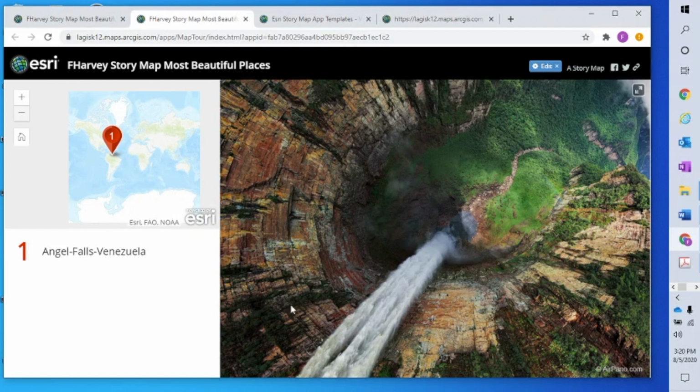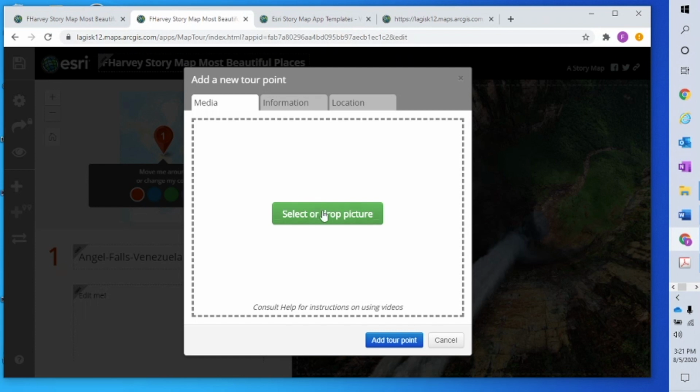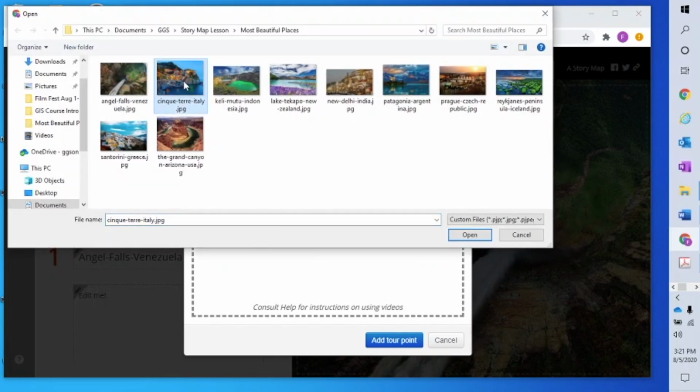So see how our story map is starting to look like a story map? And you can click Edit, and then you're back to the editing environment to add more data points. And to add more data points, click on the big plus button, and you're back to your 3 tabs, and click Add,